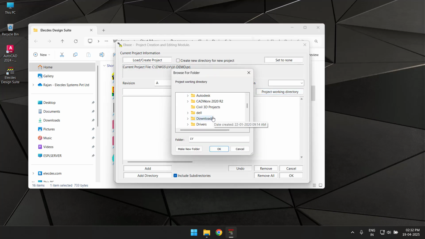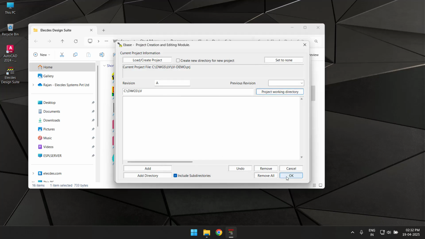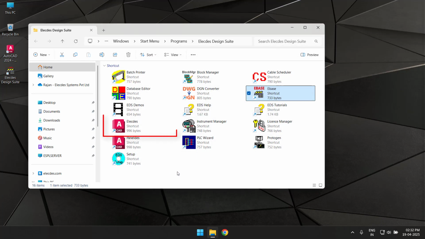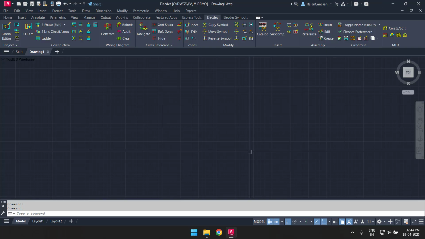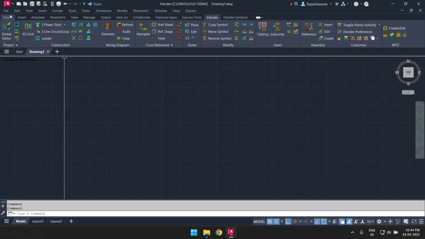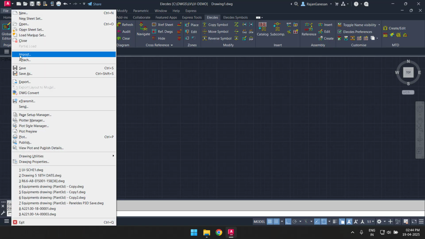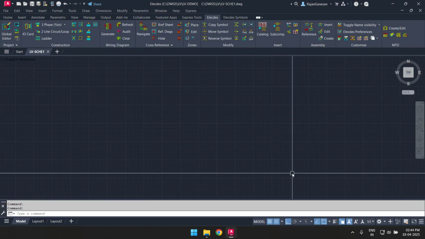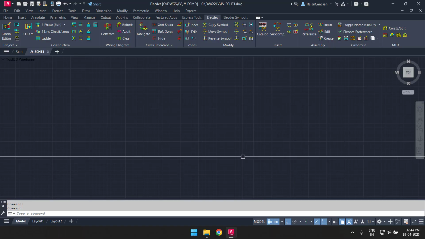I can select the working folder for my project. This enables Windows to provide me with a sensible default location whenever I open files. I will now close eBase and open an Electez session. The first thing I will do in my Electez session is save my drawing to a recognizable file name. In Electez, I can use any file name.